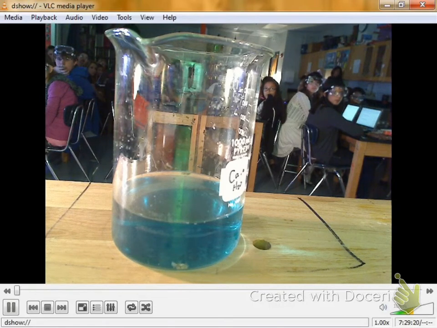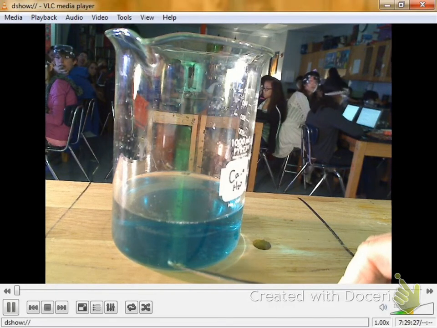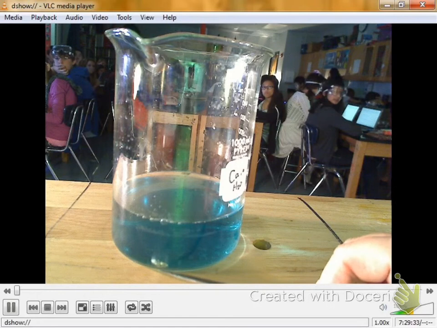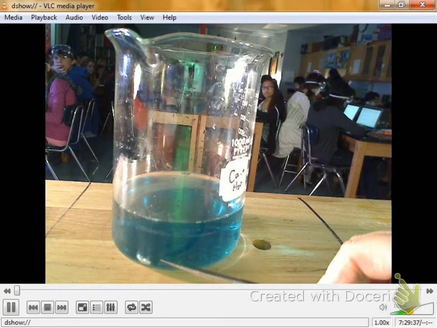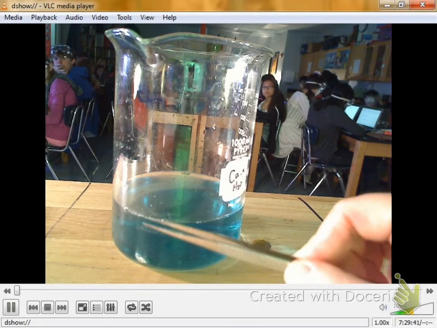And yeah, it's making bubbles. You can kind of see it. It's making some bubbles. It's starting. You see how it's kind of moving and wiggling down here? That's the hydrogen gas bubbles forming on it. And of course, where does the hydrogen gas want to go? Up. Yeah, it wants to come on up. You see lots of bubbles forming now.